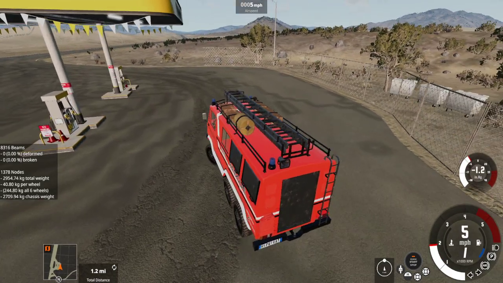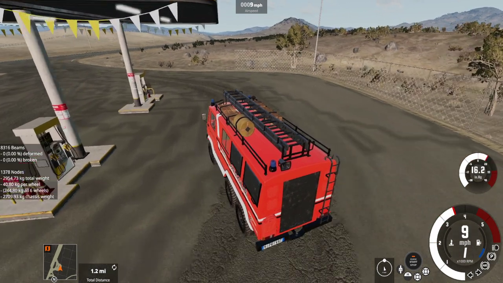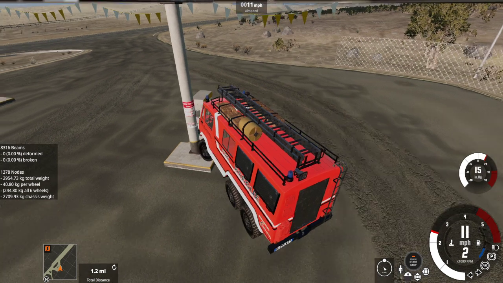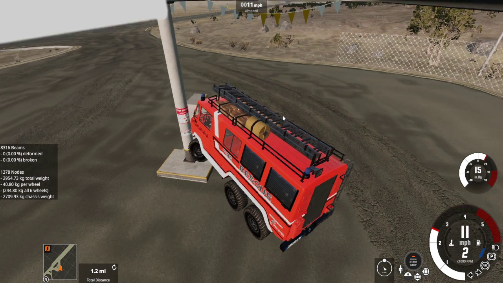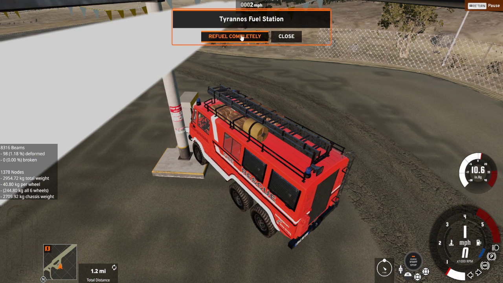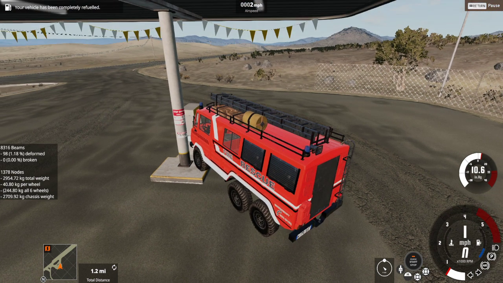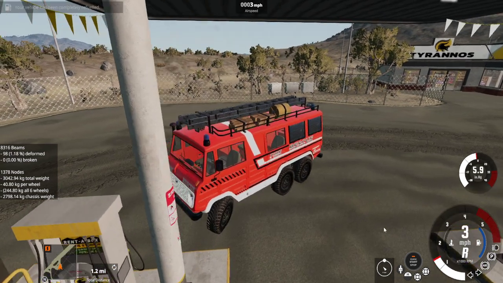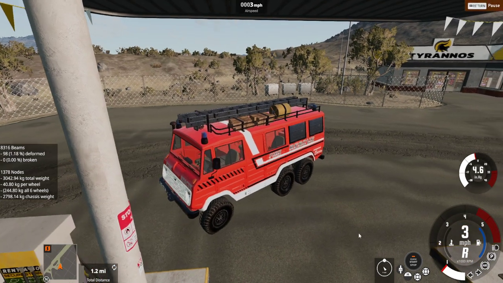So I can go and refuel now. I'm totally not crashing into the pump. The pumps don't explode, which is sad. Refuel completely. There we go. And I have fuel. But I don't want fuel, so I'm gonna demonstrate